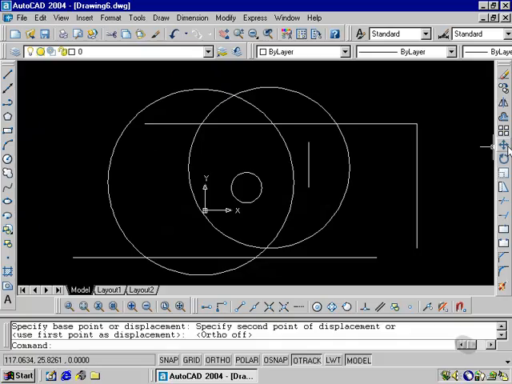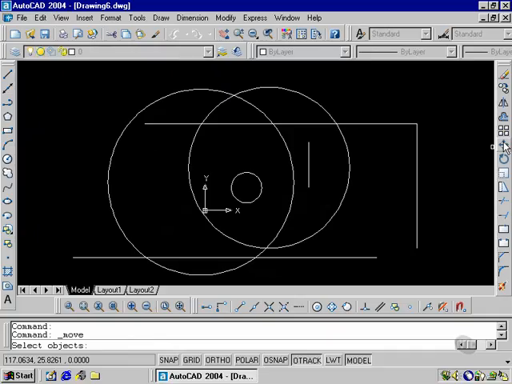So going back to the move command, selecting objects, let's say for example I wanted to move all of the objects that I see here on my screen. As your drawings become more complex, you will have more entities, and it's not going to be easy to select each individual object. There is a way to select everything at once. I'm going to pick right here in the middle of my screen,